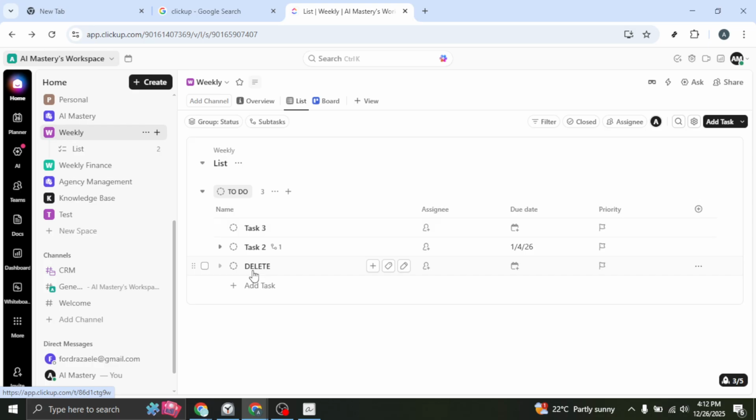Trash is great for catching accidental deletions, so check here first before rebuilding a task. Depending on your workspace permissions, you may only be able to restore items you created or items from spaces where you have access. If you frequently clean up projects, consider restoring from trash right away, so fields, assignees, and attachments come back intact. And while this walkthrough showed a task, the same approach applies to other deletable items that appear